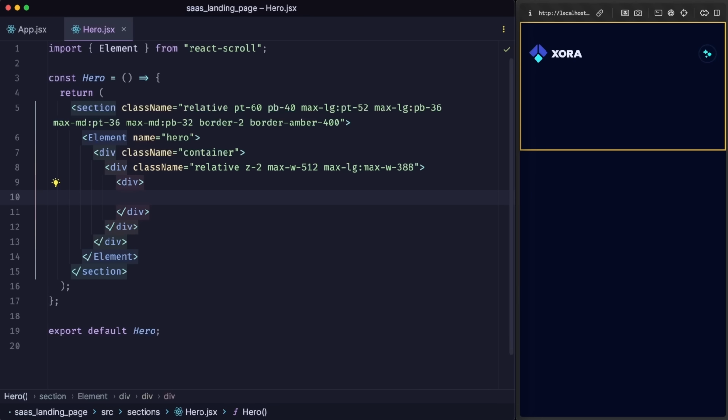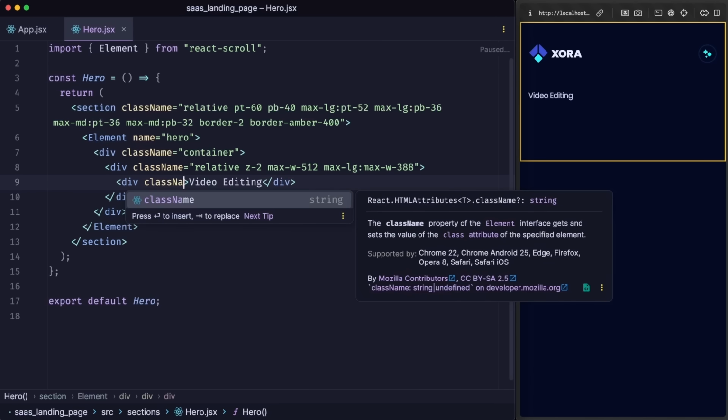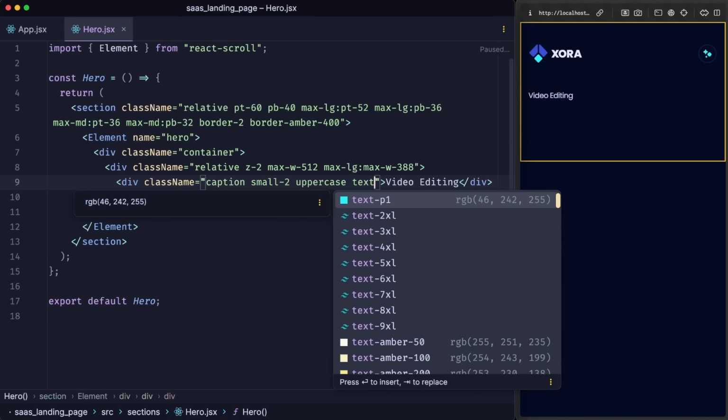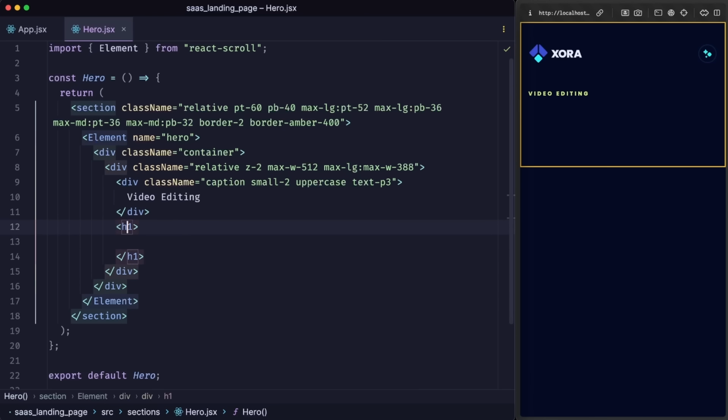Xora is an AI video editing application. So let's say video editing. This will be a small chip or a caption on top of our main title. So let's give it a class name equal to caption, small dash 2, uppercase, and text dash P3. There we go. We can go below it now and render an H1 with a